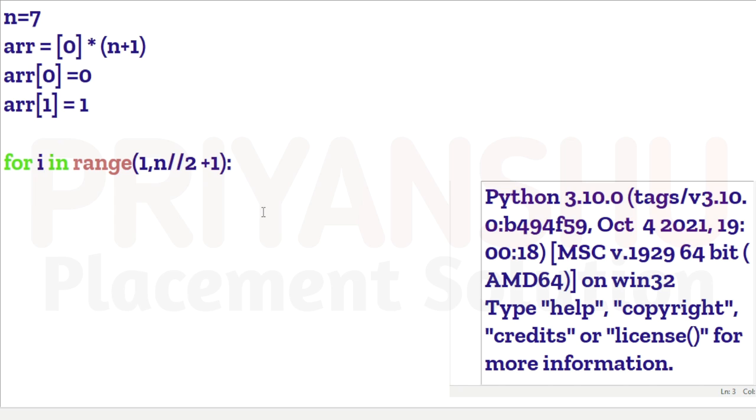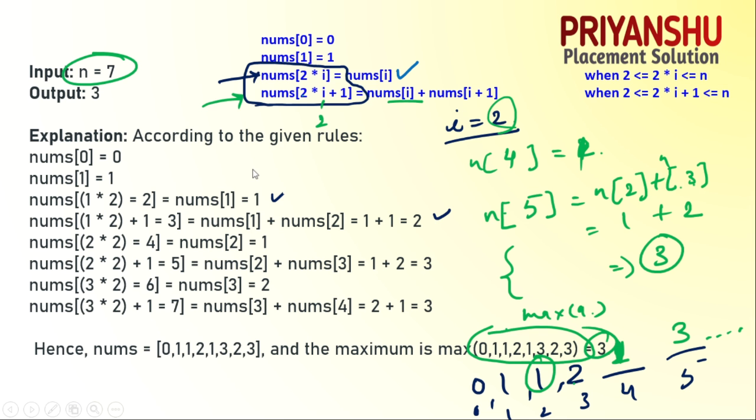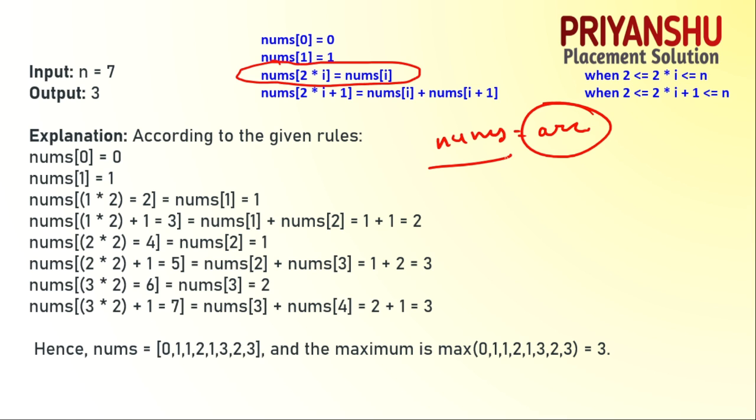So let's see, I am writing one statement, that is arr of i multiply 2 in a question, as you have already seen guys. In the question they told, let me show you, then we'll discuss, no problem. See here guys, let me clear this screen. In this one the statement is nums is nothing but the array. I have taken the arr variable, you can take the nums variable, no problem. So 2 multiply i equal to nums of i.